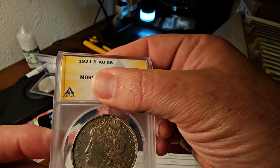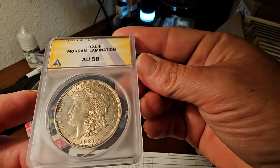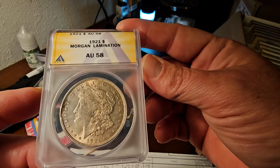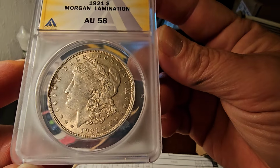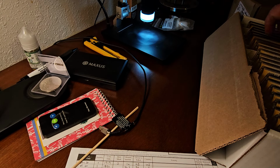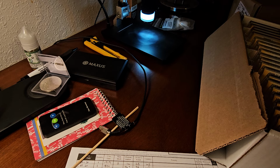Did come back at AU58. And it did come back as a lamination. So that is pretty awesome. Not necessarily the most common thing to find. So thank you, Michael Kittle, for making that available. Next one we have